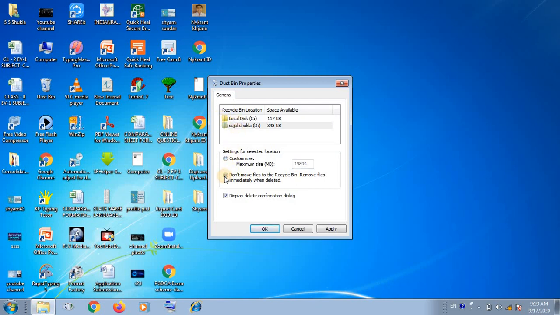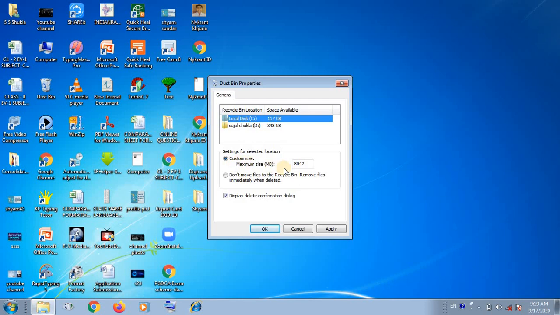Suppose you do not select this option, then your deleted file and folder will be placed in the recycle bin. So this is the default setting that we are using here.